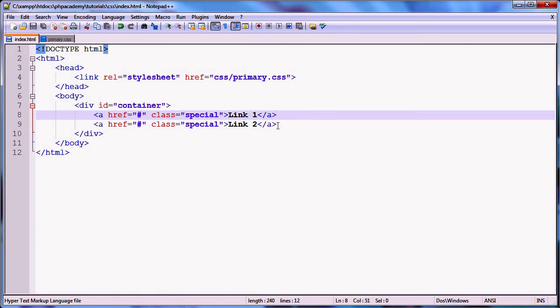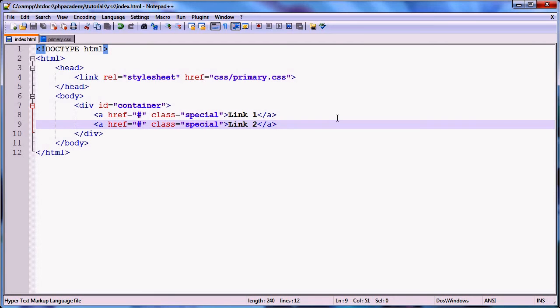So now we need to think about styling these, and I'm going to teach you how we style them. So we're going to style our container first. You can see that on our page at the moment we've just got 2 links, okay? Nothing special. 2 links, a container which at the moment is invisible. Now at this point I'm going to go ahead and we're going to take a look at the element inspector